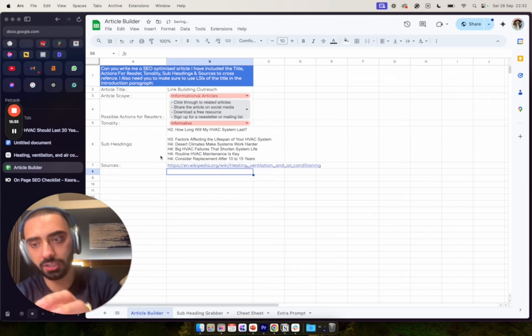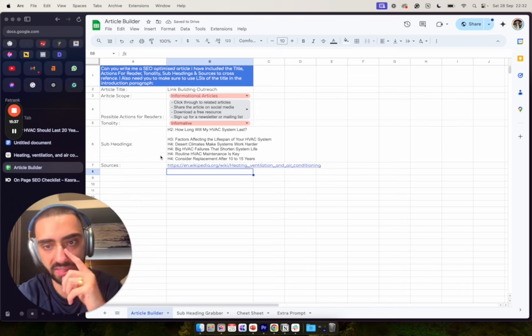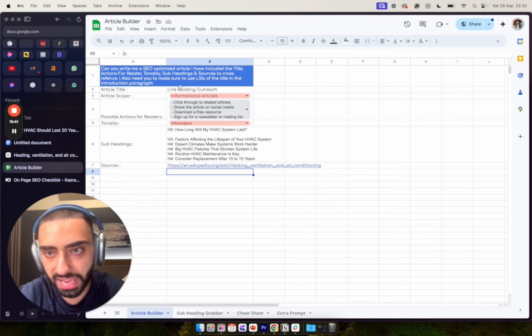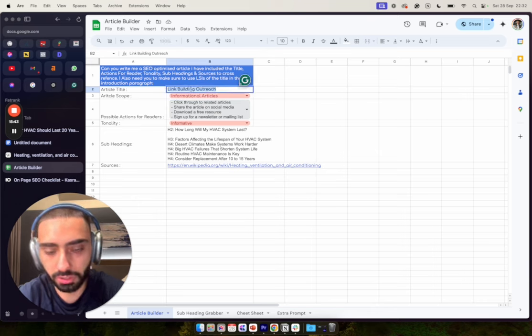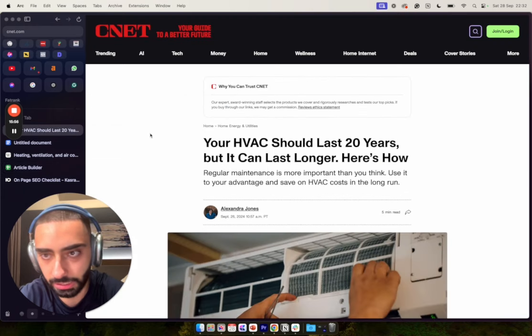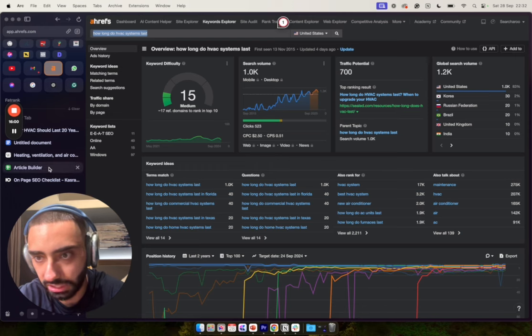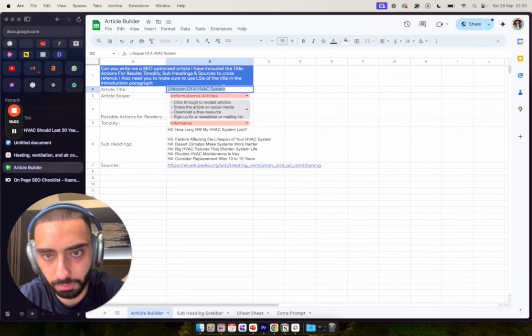Right, so this is basically going to fact check anything in the article, because we're going to get ChatGPT to write this article. Then we're going to give it the article title. So we're going to do lifespan of a HVAC system, right? We'll do that. Or actually, what we can do is just use the H1 or the keyword from the Ahrefs,